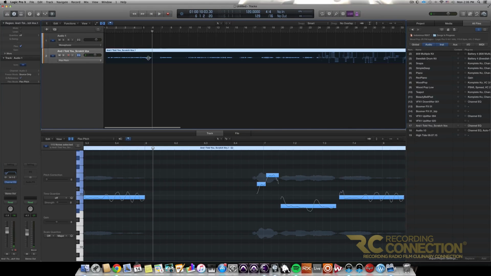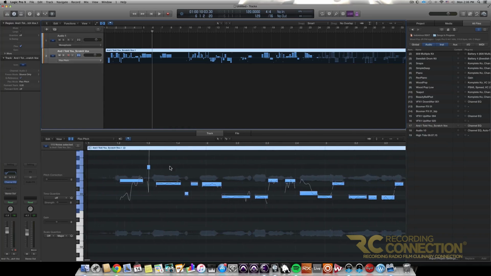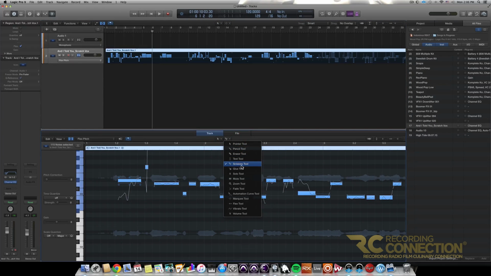And actually, that's a little rough. I actually didn't like that at all because it made some of the notes a little flatter than I thought they should have been. So it's no quick fix here. So what we'll do is we'll actually go in and we'll process it the way you would in like a Melodyne situation or something to that effect. So the first thing you'll notice is when it